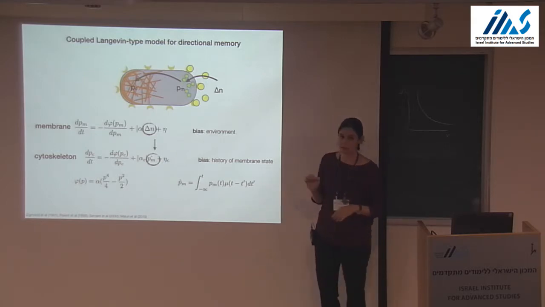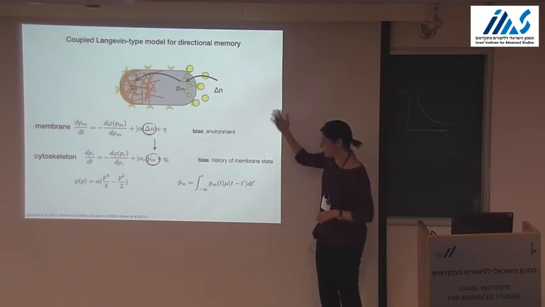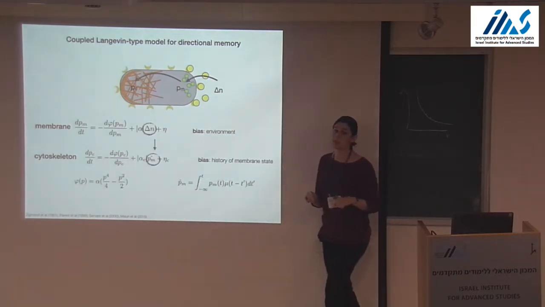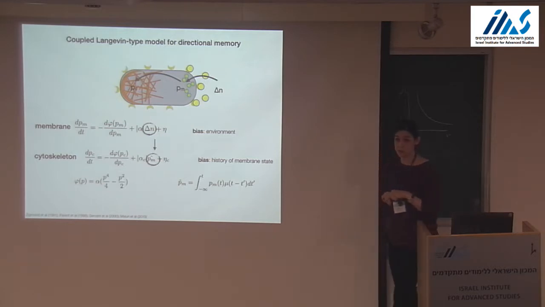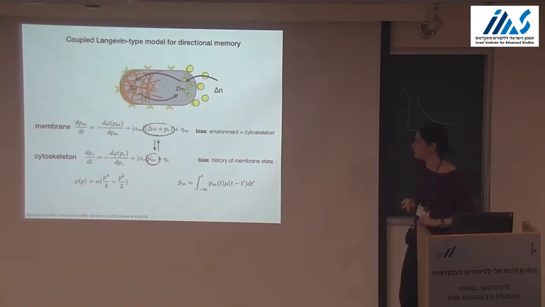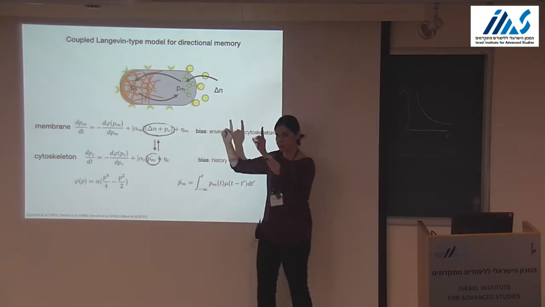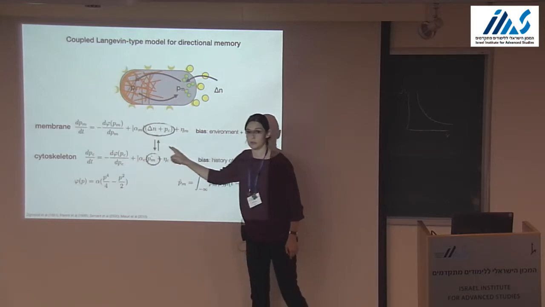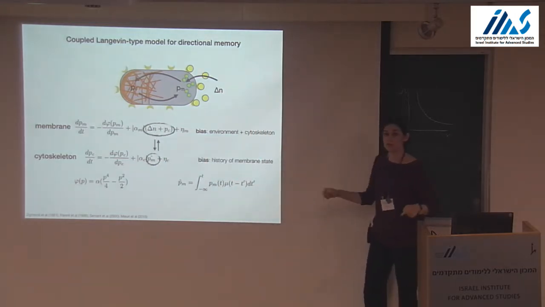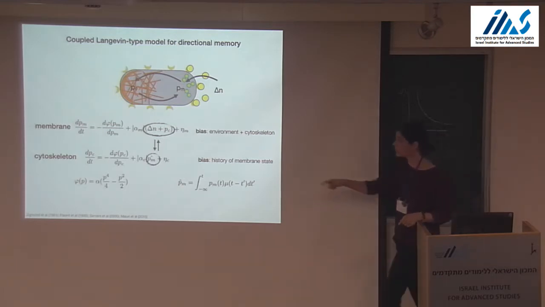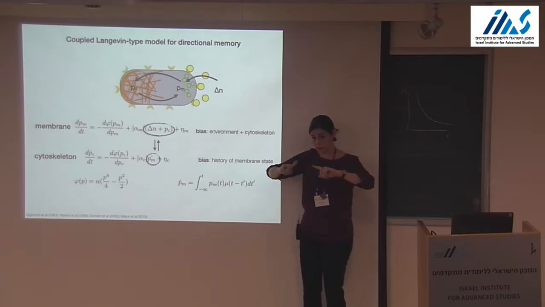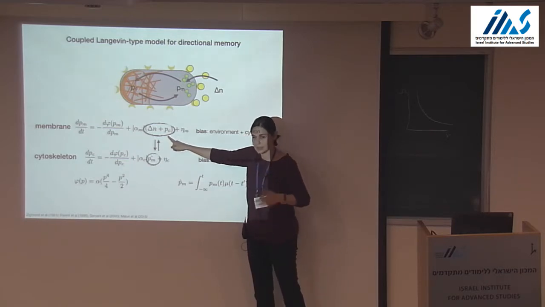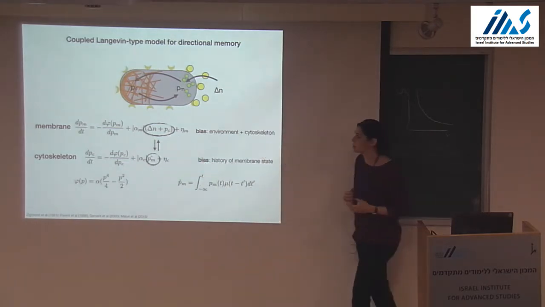And now there is one last ingredient that we have to add, because this is not enough to reproduce what we see here. There's a lot of experimental evidence that shows that the cytoskeleton actually affects what is being sensed on the membrane. So the last thing that we add now is a coupling also upstream, not just downstream. So now the bias for the membrane is not only due to the environment, delta n, but also due to the state of the cytoskeleton. So now we have two competing biases, because you have to remember that this is instantaneous, this is from the external world, but this has a lag, right? So now we have this interesting coupling.